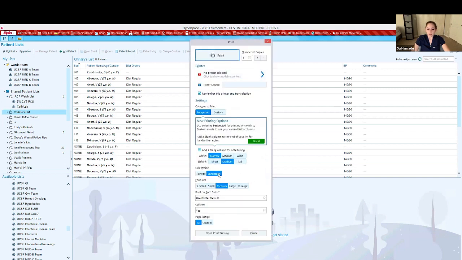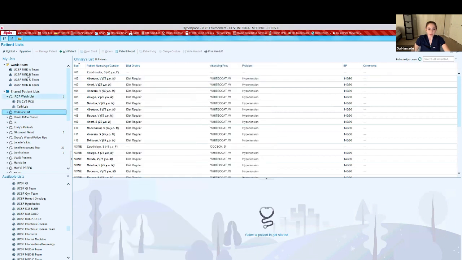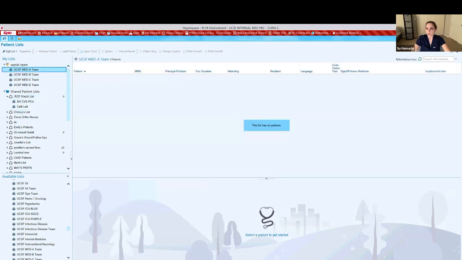And you can adjust based on the style that you want. And this will print you out the first sheet, okay? So we clicked on the list, we went all the way to the top here, and we printed this. Now, sign out will be another thing that you will want to print. How you can find that is,